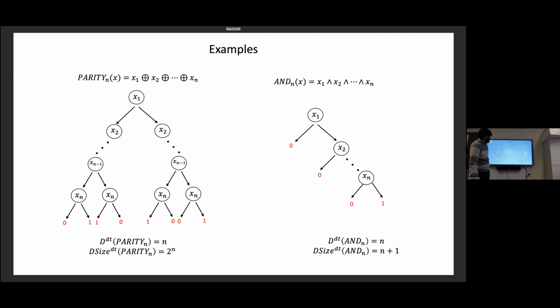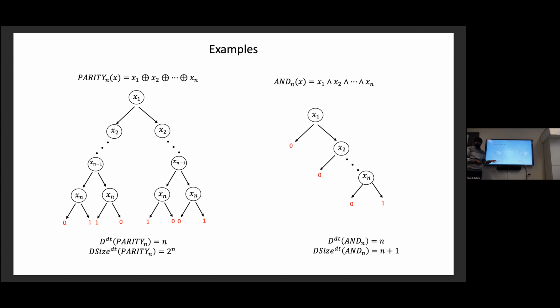Having defined these measures, I've given some examples. On the left, there is this parity example. You are querying all the variables one by one, and on the leaves, you have other function values. There's a trivial way of doing things. You're querying everything, and this trivial decision tree can compute anything, because you can just put a truth table on the leaves, because each root to leaf path corresponds to a unique input. Okay, so this is a decision tree for parity, and